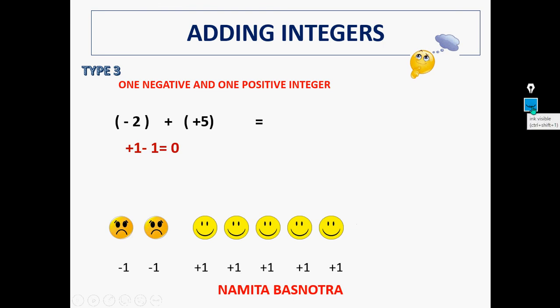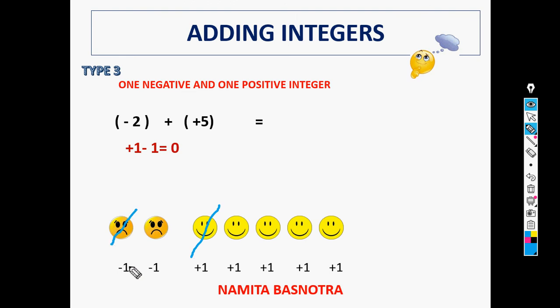And this is really interesting. I'm going to cancel this, because plus 1 minus 1 is equal to 0. So where is my plus 1? It is here, and with this I can cancel my minus 1 also. So this minus 1 and this minus 1 are gone. I have more sad faces here, so I can cancel further. So this minus 1 and this plus 1 are again gone. What am I left with? I'm left with 3 faces, which are the happy faces, which means these are the positive faces. My answer will be plus 3.